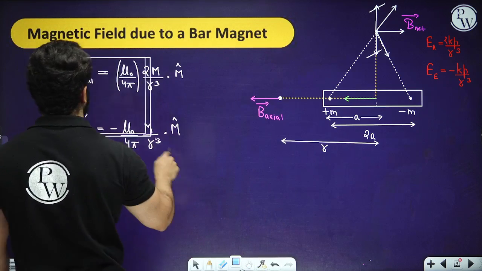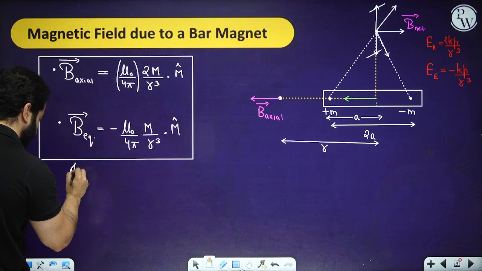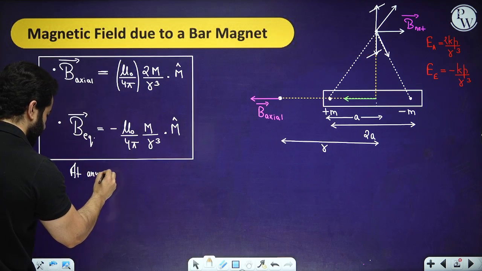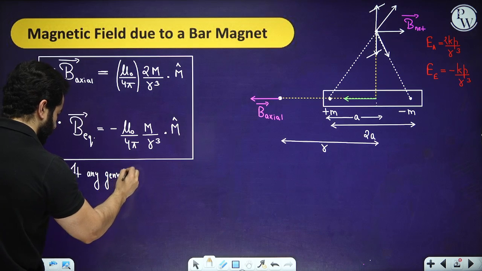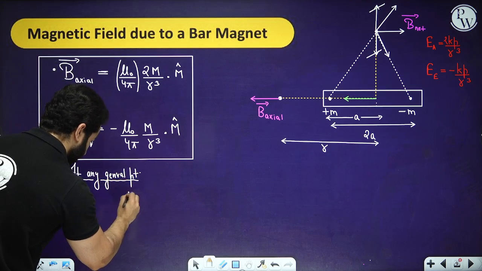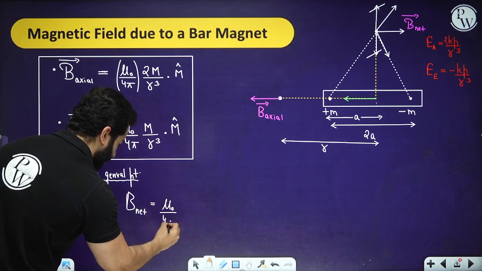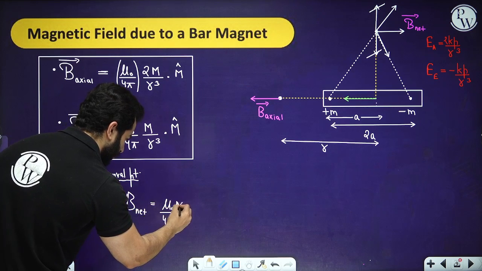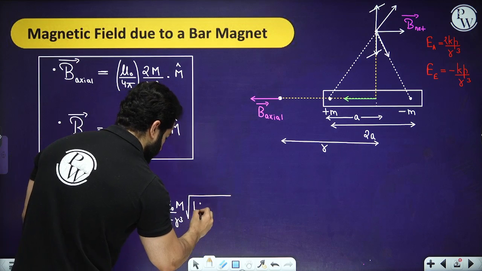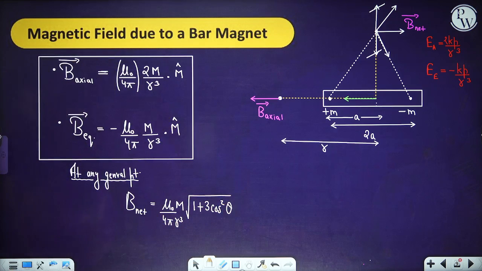These are the two formulas that you will often use, and if they talk about any general point, we'll simply say B net is equal to mu naught upon 4 pi R cube, m, times root of 1 plus 3 cos square theta. Please have a look and compare this also with what you have learned in electric charges and fields. Moving forward,